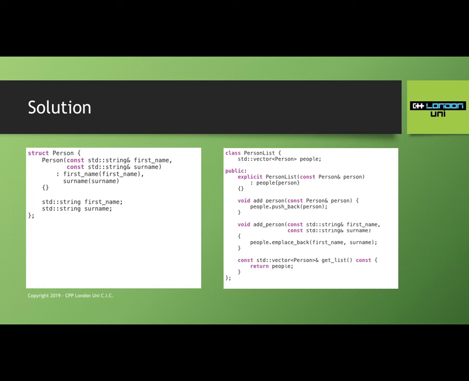The other thing I wanted you to do was this add person function. There are a few ways that you could do this. I thought most people might start by constructing a person object and then placing that into the vector, and that's absolutely fine. It's a perfectly valid way to do it. There is a very, very slightly more efficient way of doing it, and that's to use this emplace_back function. And if you use CLion, you might see that sometimes it recommends that you should use emplace_back rather than push_back.